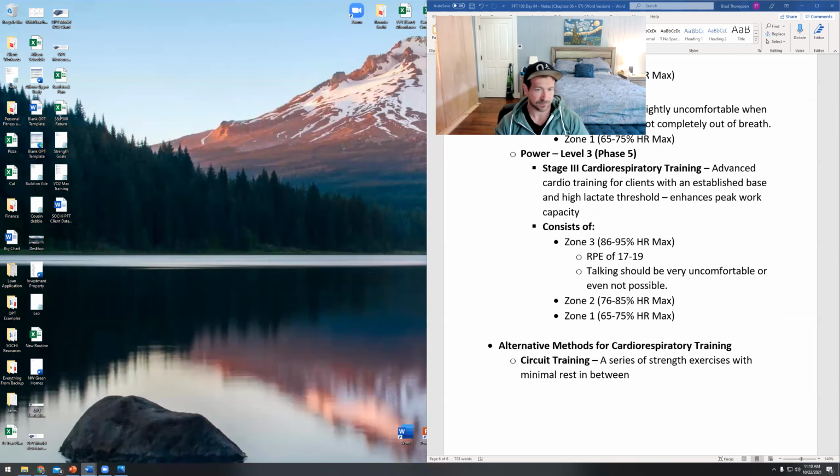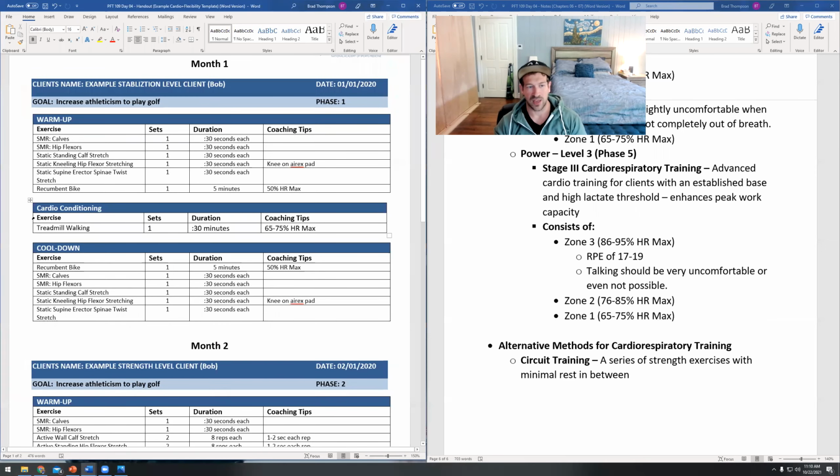So, to give you an example of that, we go back to Bob here. You'll notice that we had our cardio conditioning. I added this section here, but normally you can just put it in the warm-up section, or you could put it in the resistance section, wherever it fits. But for him, we started him with just treadmill walking for 30 straight minutes, 65 to 75% of his heart rate max, right? Now, I could just write 65 to 75% of his heart rate max, but if I were giving this to Bob to do his homework, I probably wouldn't just write it like that. I would probably say, RPE of